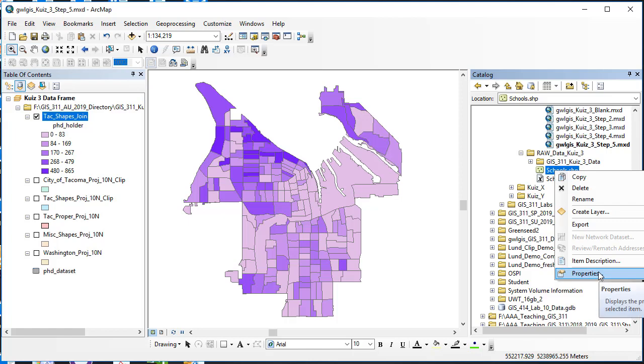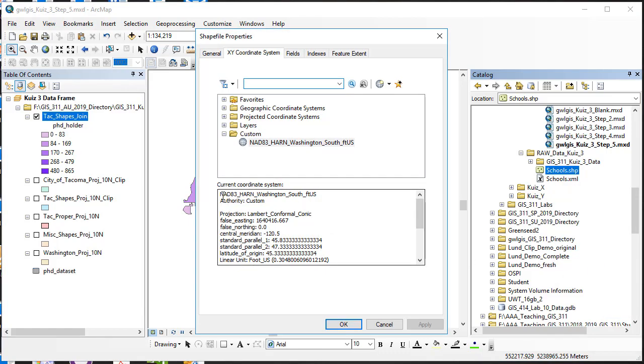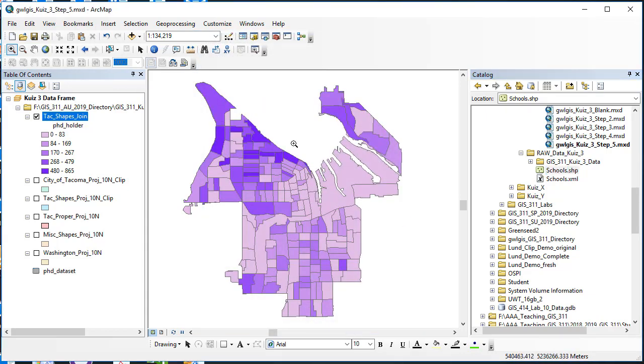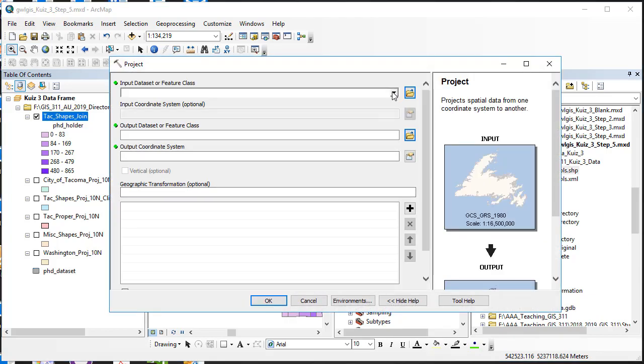Let's look at the properties because we need it in the proper coordinate system. The coordinate system is NAD 1983 HARN Washington South foot US. So that is not our desired coordinate system for this lab. I'm going to click OK and turn back to my toolbox. It does have spatial information, so I need to only project. I go to project,